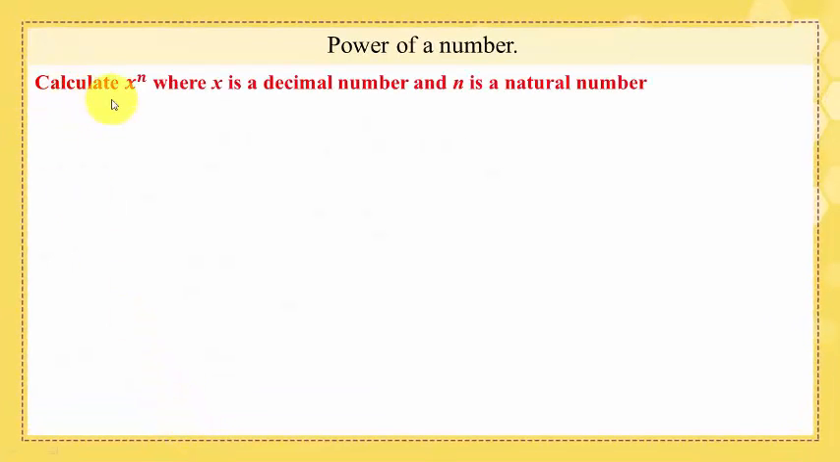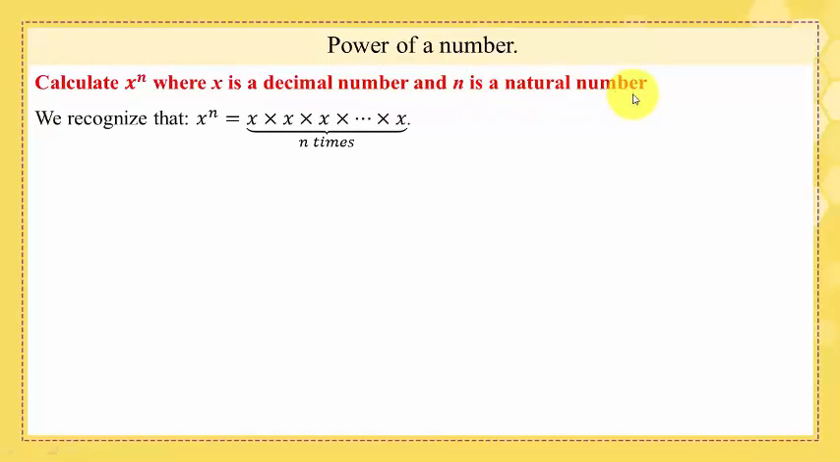Calculate x^n, where x is a decimal and n is a natural number. We recognize that x^n equals x multiplied by itself n times. Example: